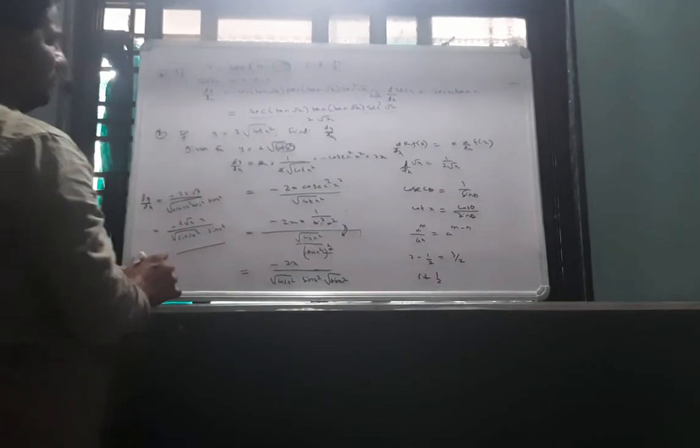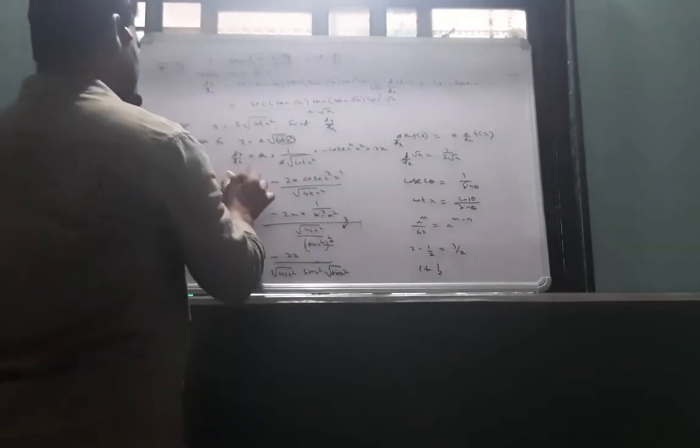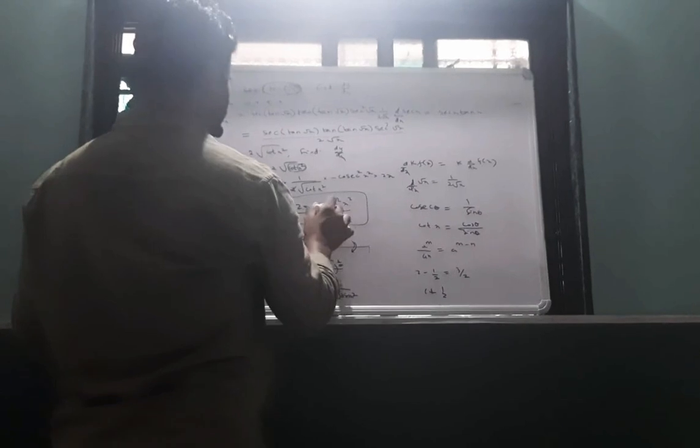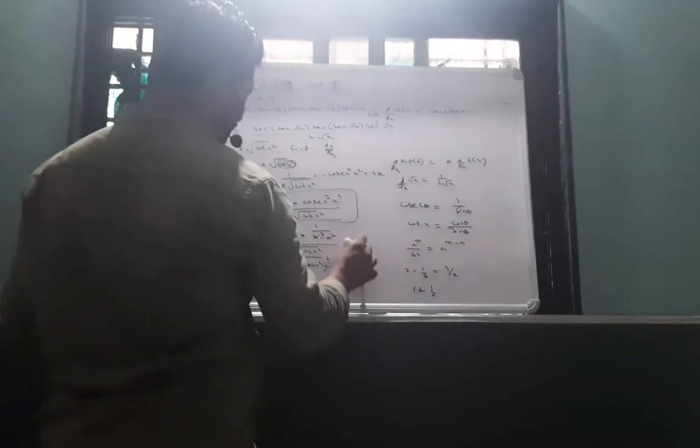You can further simplify this, or you can keep this much and you will get 1 mark. So dy by dx equal to minus 2x square. This much is enough. If you want to simplify,